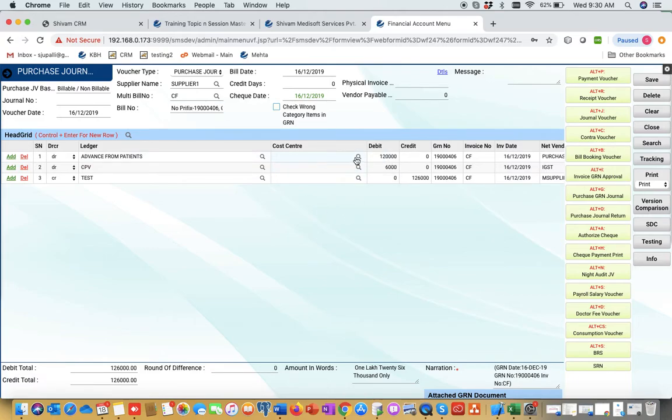So you can see here the voucher automatically comes. The purchase amount was 126,000, which went to the supplier. Purchase account means taxable, taxable went to this ledger. Advance from patient as per mapped ledger. If you mapped wrongly, then it will come like that only. And the IGST ledger. No difference amount is there for rounding off, so that's why the rounding off ledger did not come. So again, we just have to save. Automatically this will save. Narration also will come automatically. No need to do anything. Just select the bill. If there is no difference, you can save it. So this is the purchase journal.